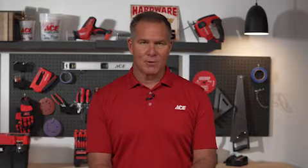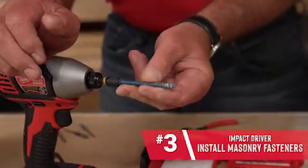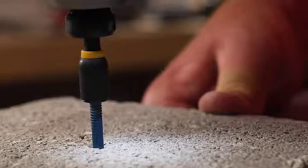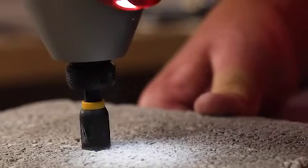And finally, one of the best uses for an impact driver are to install masonry fasteners into both block and cement. So this is a Tapcon, and with the right attachment, you'll see that it will drive this fastener really securely into the masonry, so you can rapidly install these fasteners one after another with this